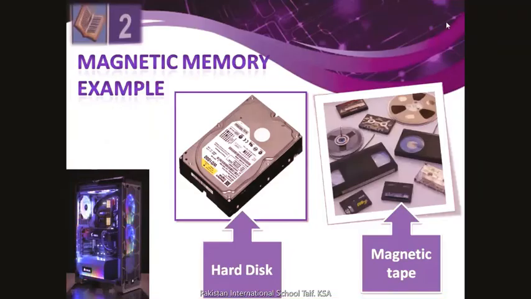Magnetic tape, dear students, is basically an old storage medium to store a large amount of data permanently. Magnetic tape consists of a thin ribbon of plastic. The tape is coated with magnetic material. It is called a read-write device. It reads and writes data sequentially, so its speed is slower than other storage devices.